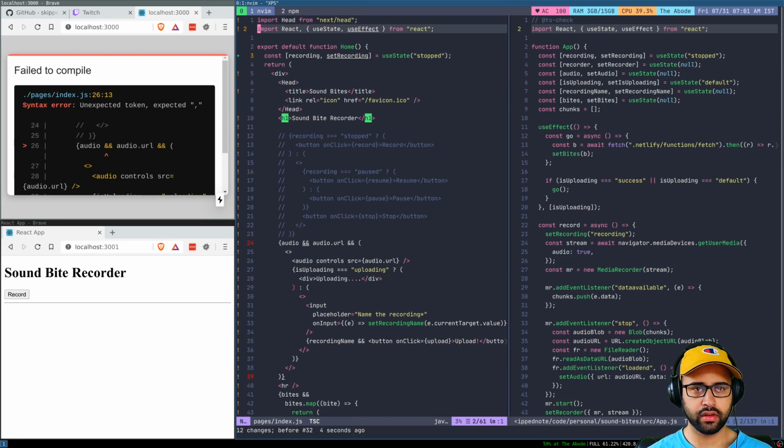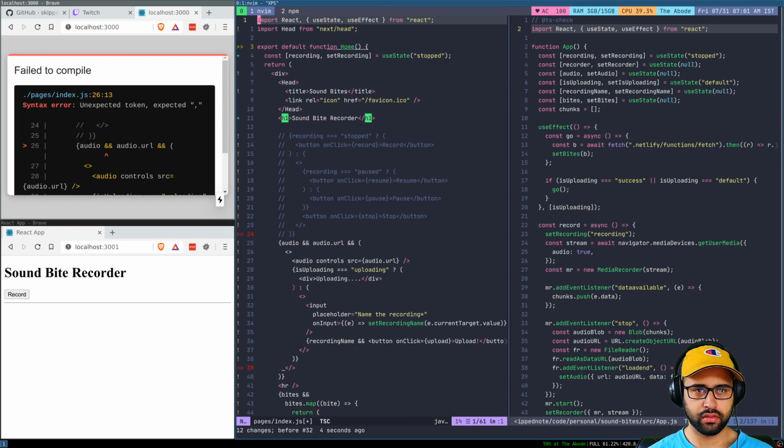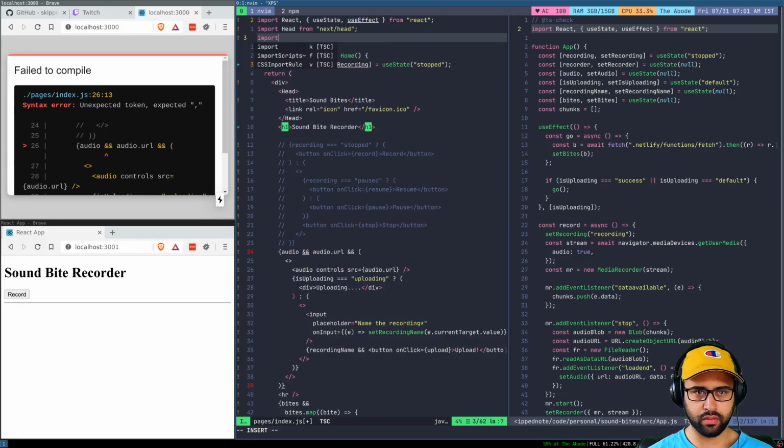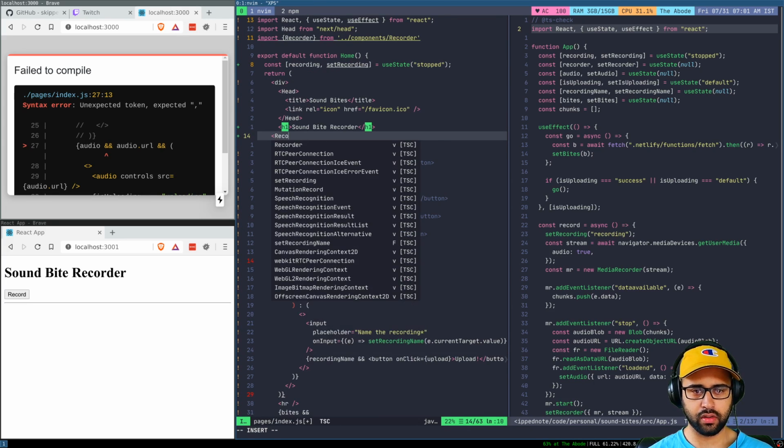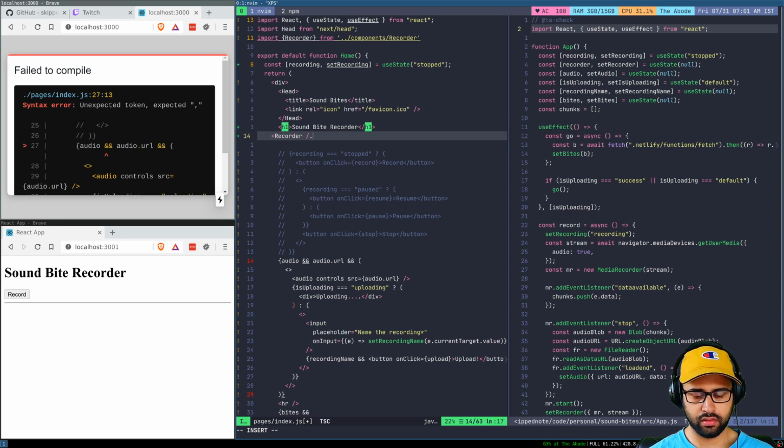So we want to import from here. We want to import the recorder, right? So if we place the recorder here, okay, pressing the wrong keys,